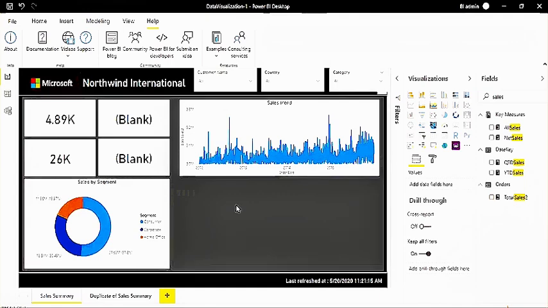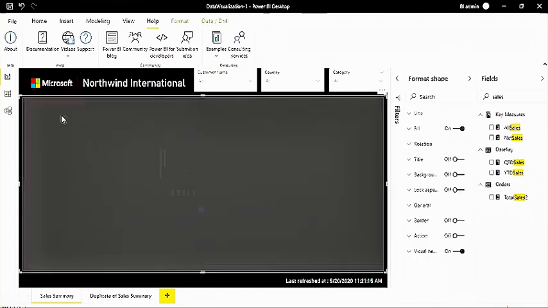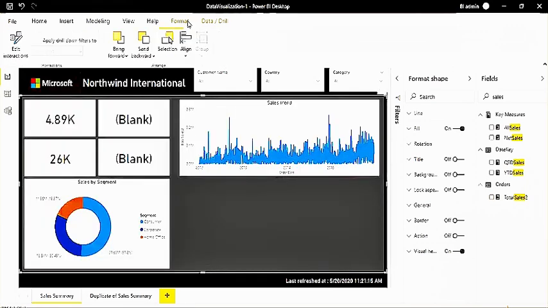All right, so why is it happening that when I just click here, it just comes here? Why? Because of the visual we used here. This is a rectangle, right? So this rectangle is coming to the front, okay, and all the visuals go to the back of this rectangle, right? So how can you handle this type of situation? Select it, and then you have to go under the format tab.